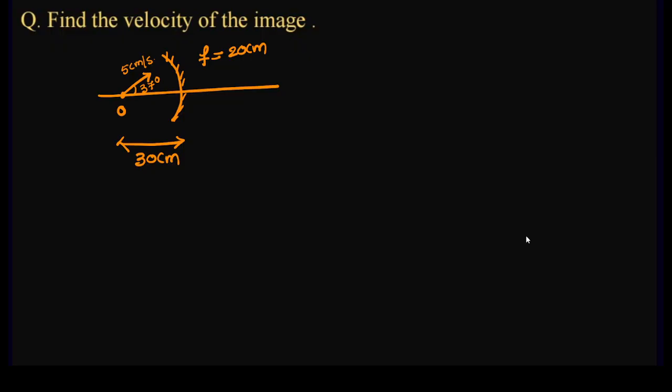So in this case, it will have parallel as well as perpendicular components also, isn't it? We resolve the velocity into two components now. So in this case, both velocities we need to consider. If I consider this is the x-axis and y-axis, first find the image distance. Object distance is minus 30 centimeters,